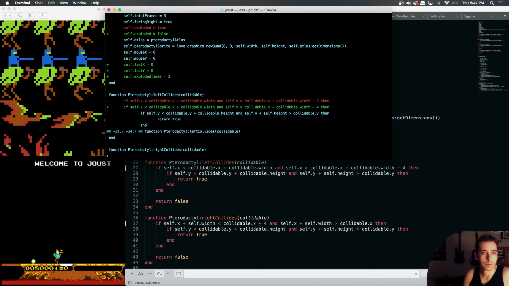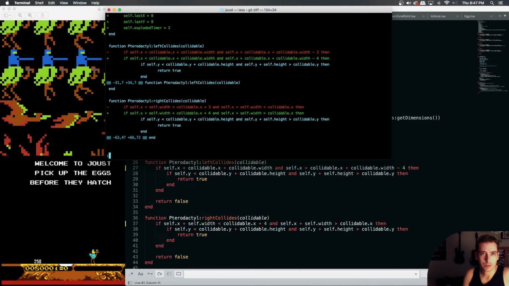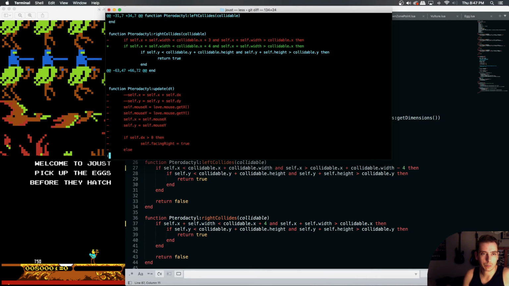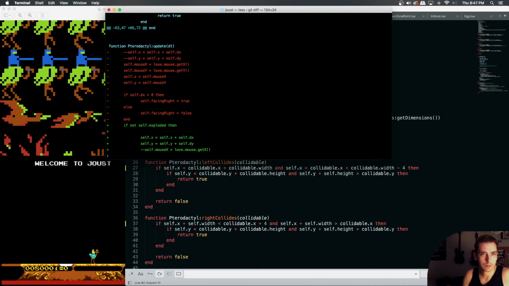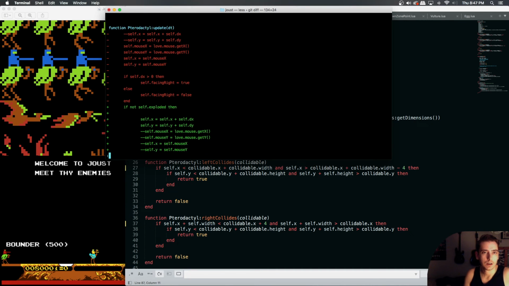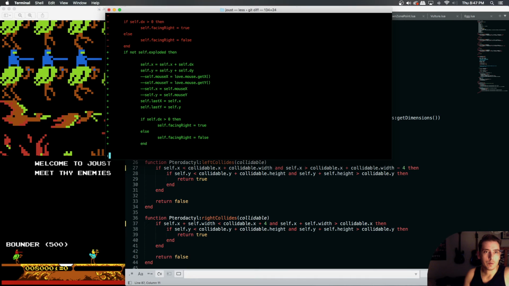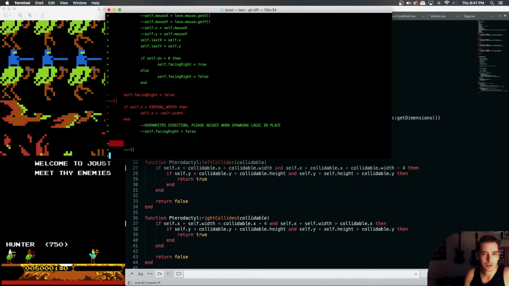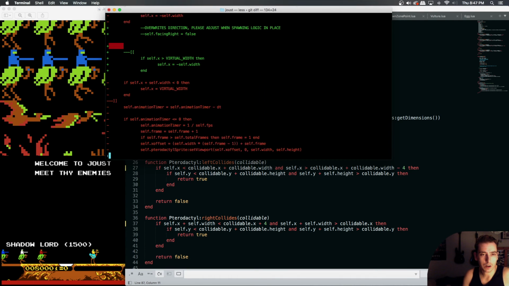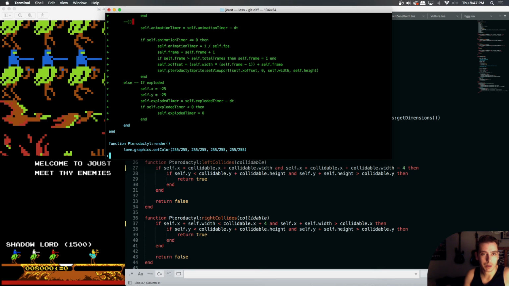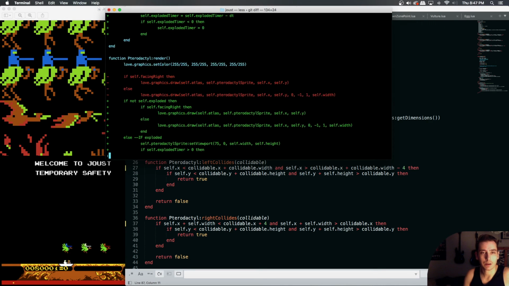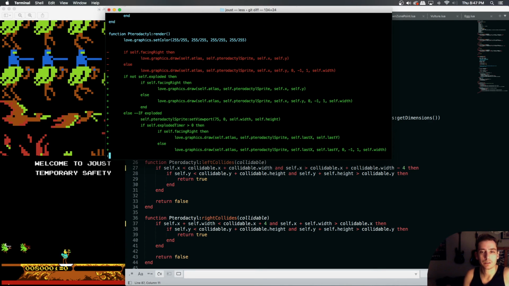And we also gave ourselves an exploded timer. We tweaked our side collision to kill the pterodactyl upon fully moving at the top speed. We moved our update logic into not self-exploded so that when we are self-exploded, we stop updating our last X and Y so that we can move our pterodactyl into the graveyard without